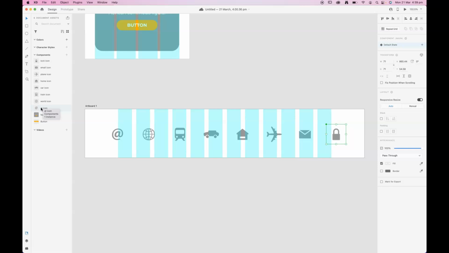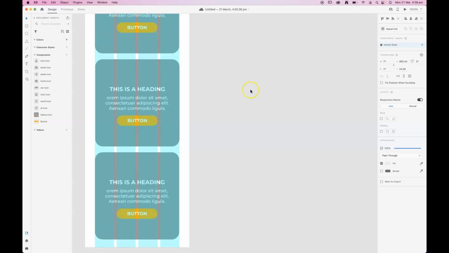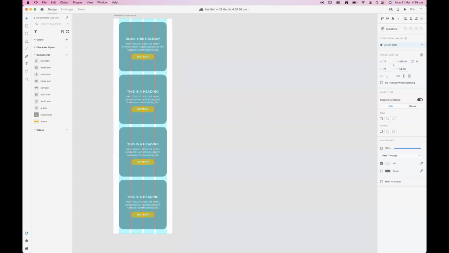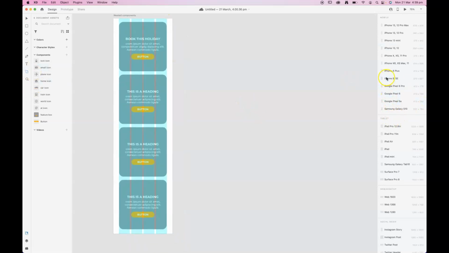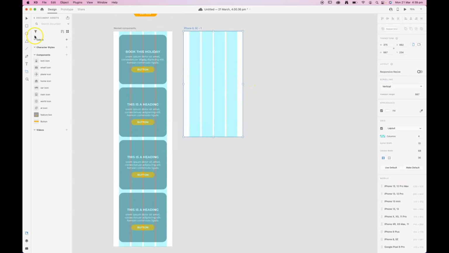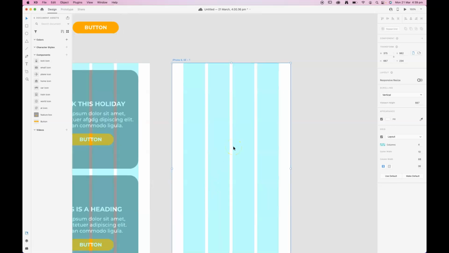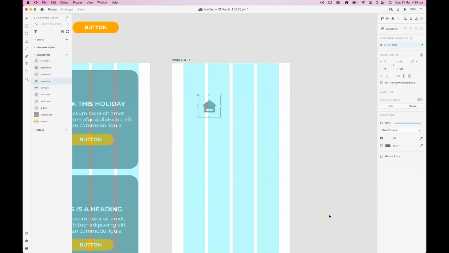I'm going to build a little bit of a menu system now, or graphic, so that we can look at how we can swap out these components for each other. I'm going to need another artboard, and I'll grab the artboard tool. I think I'll just work again with the small iPhone, and we're going to make a bit of a menu list. So I'm going to drag out an icon to use, which is a component. You can see it's now an instance,